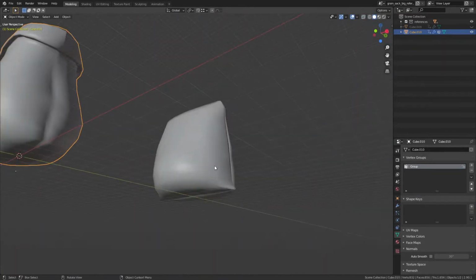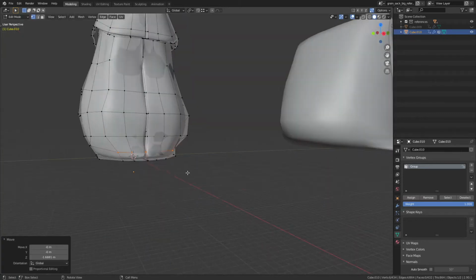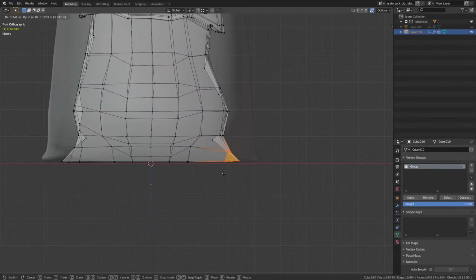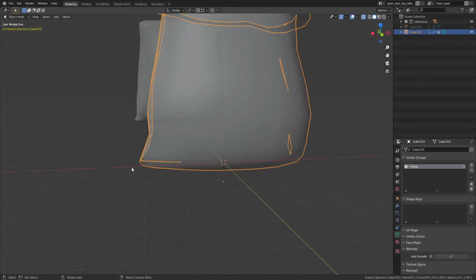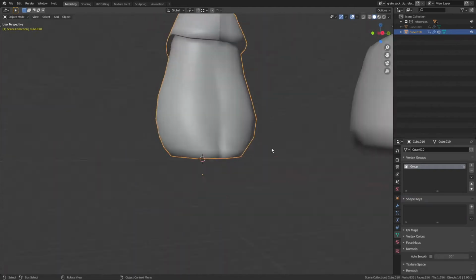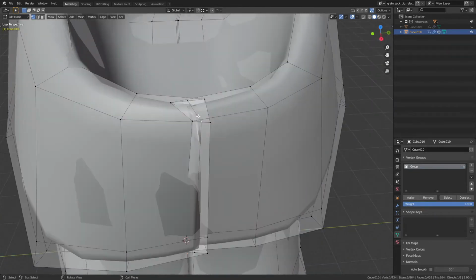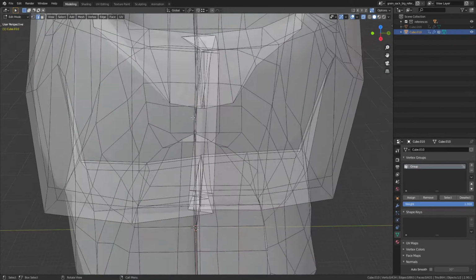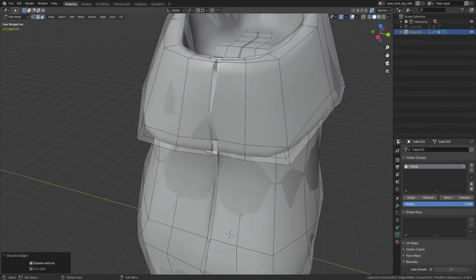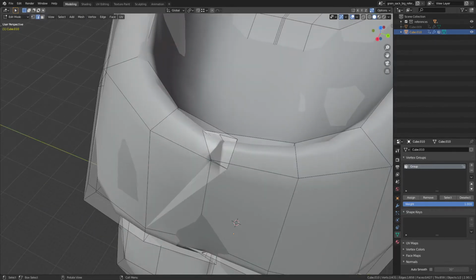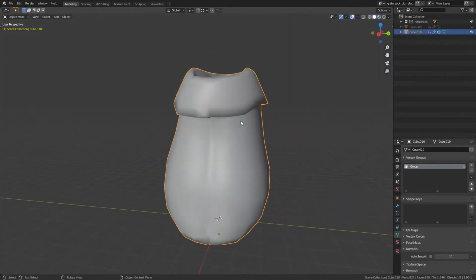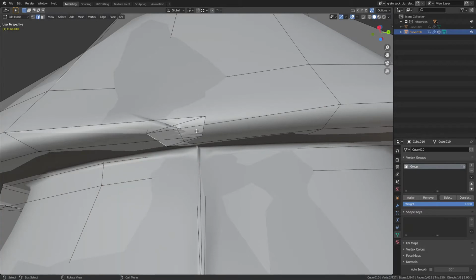So again here just shaping things up a little bit, comparing it to my reference. If you look at a pillowcase or any kind of sack like this, the contents will fill up the edges, and so you'll have these kind of sharper corners. And here the extrusion I did messed up my topology a little bit, so